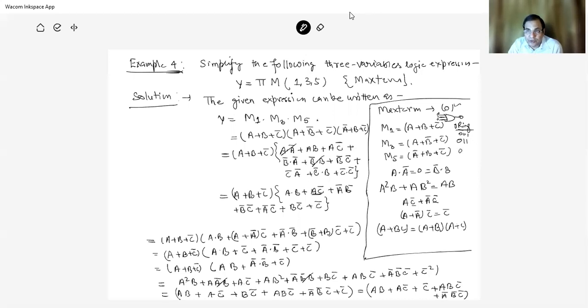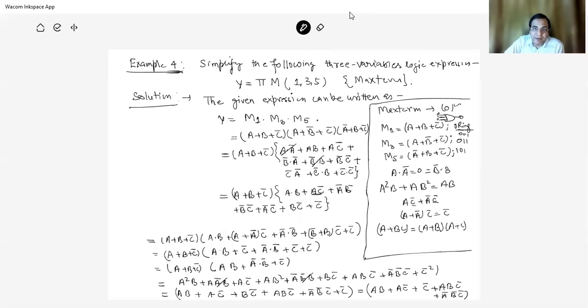This one is 0, 1. This one is... you see, this one is 0, 0 is 1, 1, 0, 1. So these are the expressions for M1, M3, M5, and putting this value of M1, M3, and